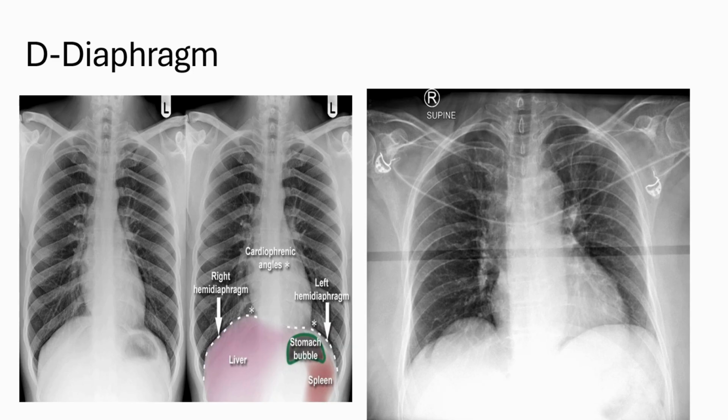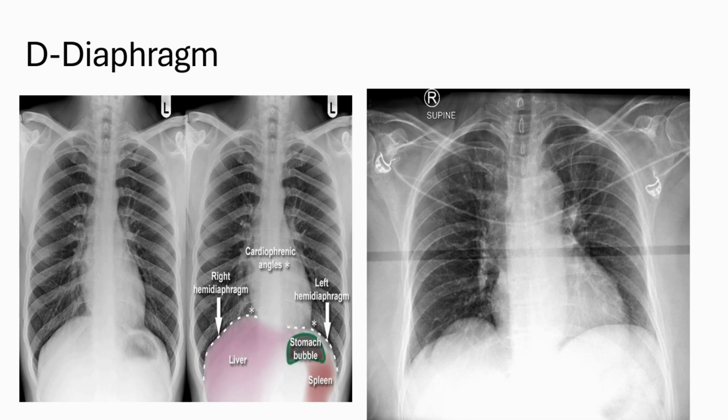Now, diaphragm. The diaphragm is a fibrous structure which separates the thoracic cavity from the abdominal cavity. As we can see, the liver, stomach, and spleen are below the diaphragm, whereas there are two hemidiaphragms, right and left, denoted by the dotted line, and this forms an acute angle with the lung, that is the costophrenic angle, and with the heart, the cardiophrenic angle. So these have their importance in pleural effusion, which we will come to later.